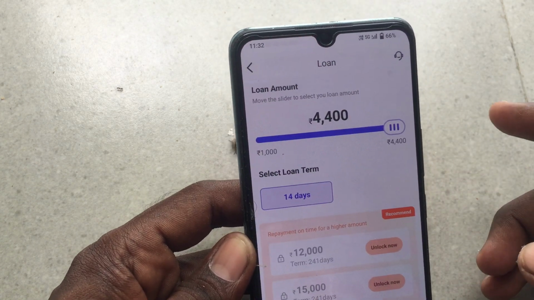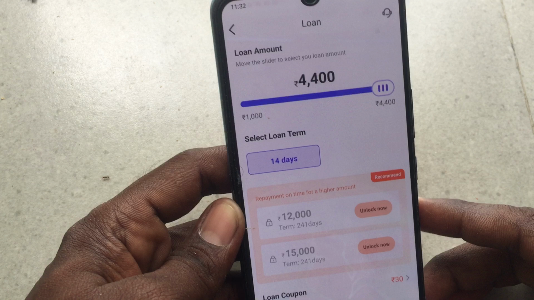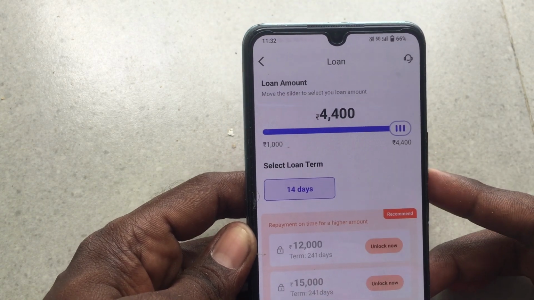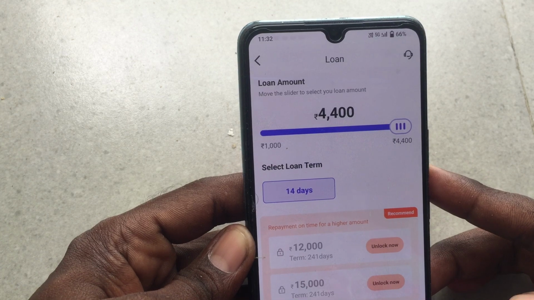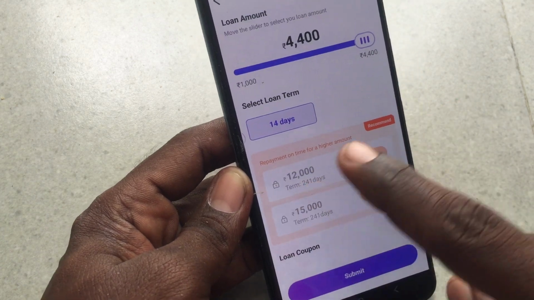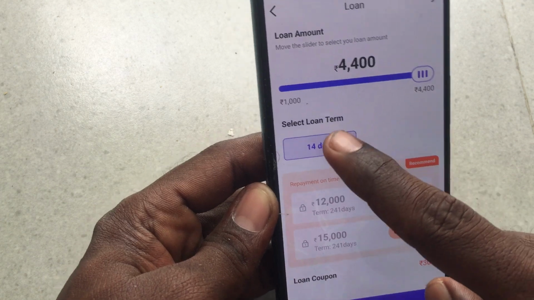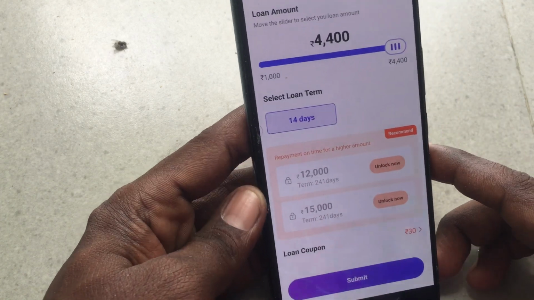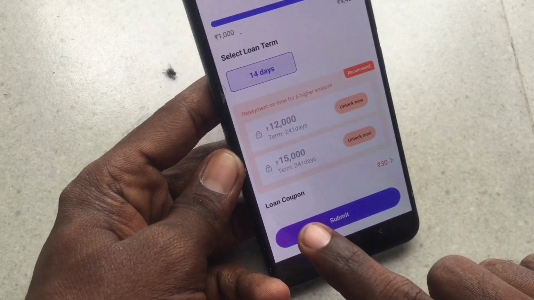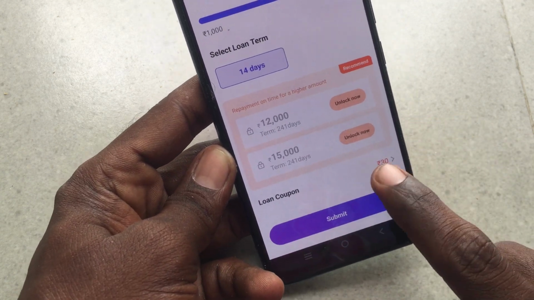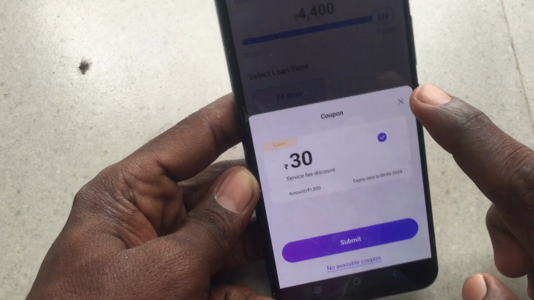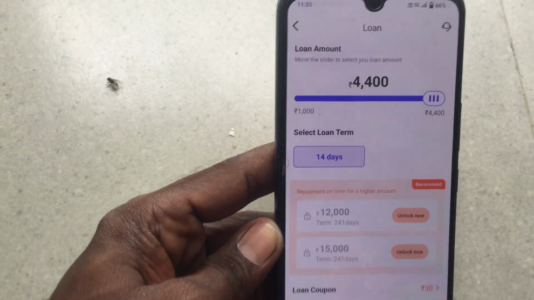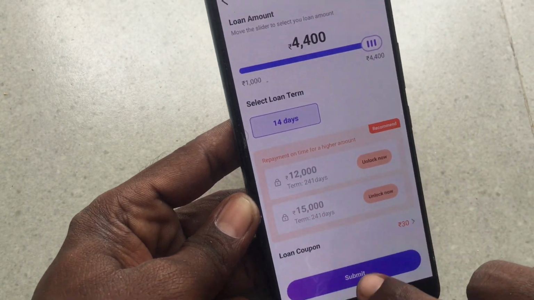This is the interface and I click on get my loan. If I would like to get a loan further, it is showing that 4,400 is available and it is 14 days. Select loan terms. Okay, compulsorily this is 14 days and a loan coupon is also available for me, 30. So that will be added to this amount. So if you click on submit,